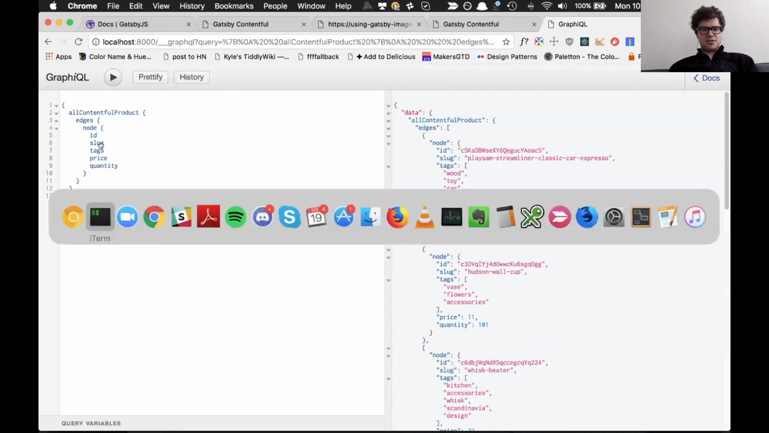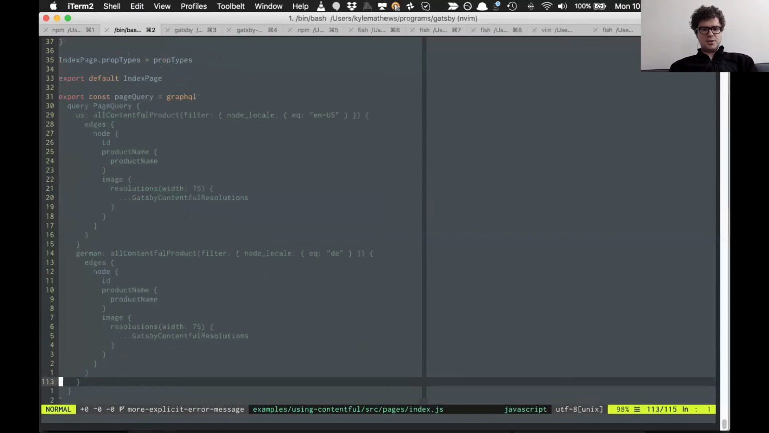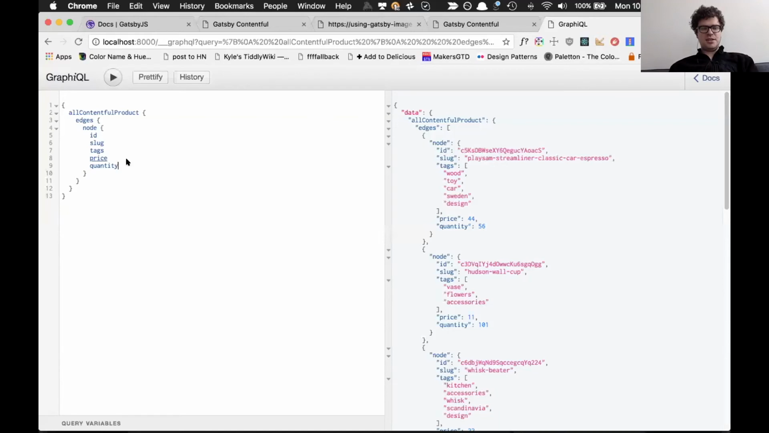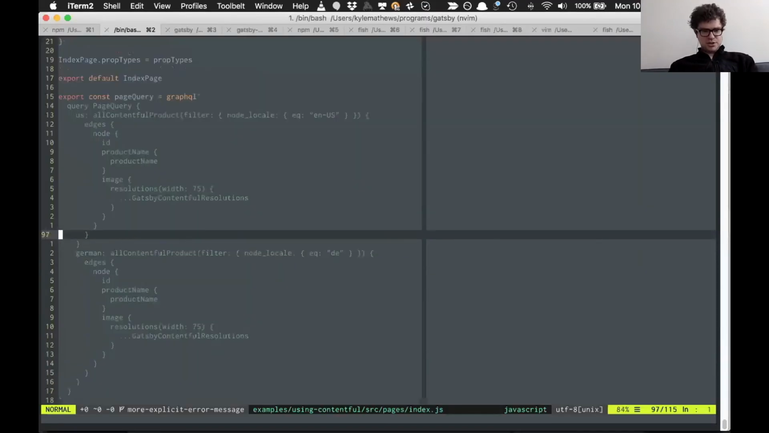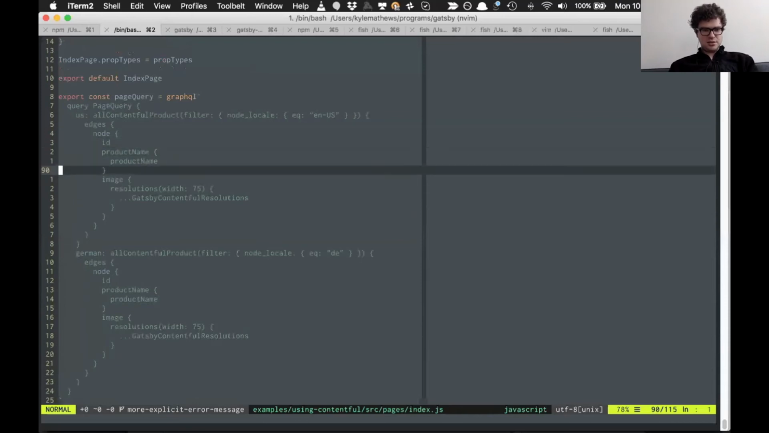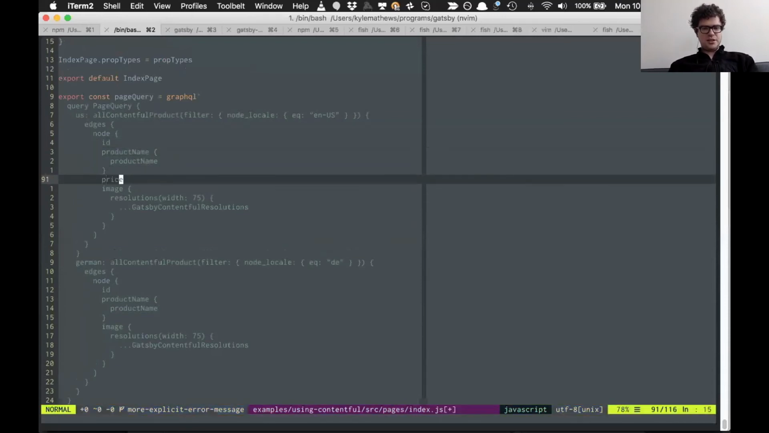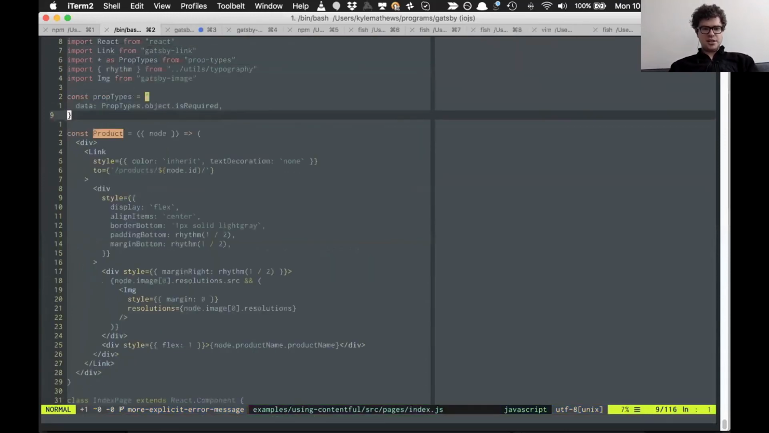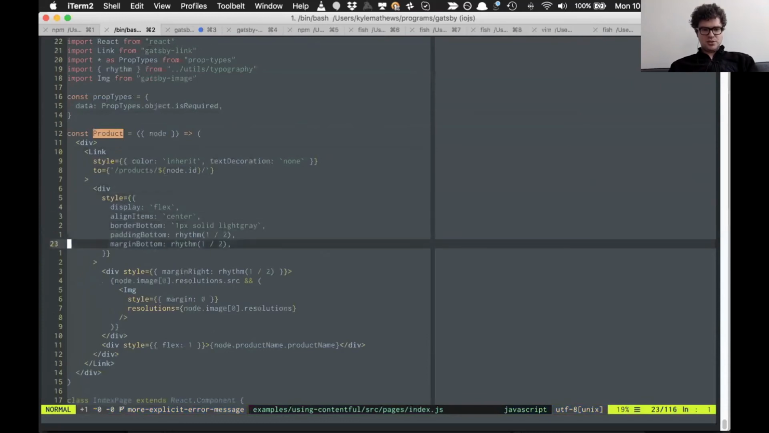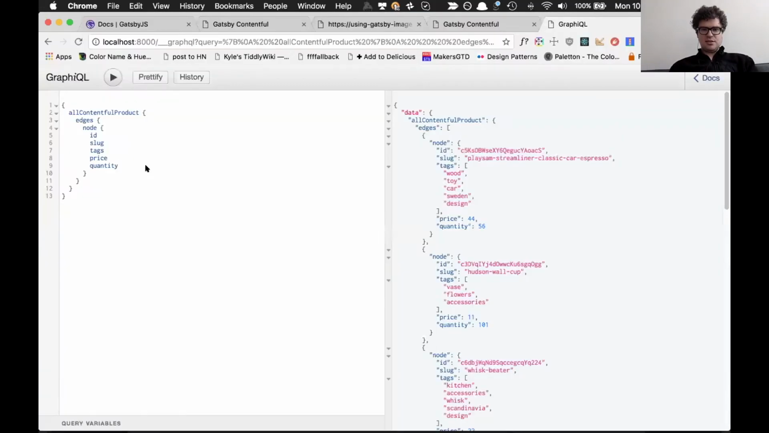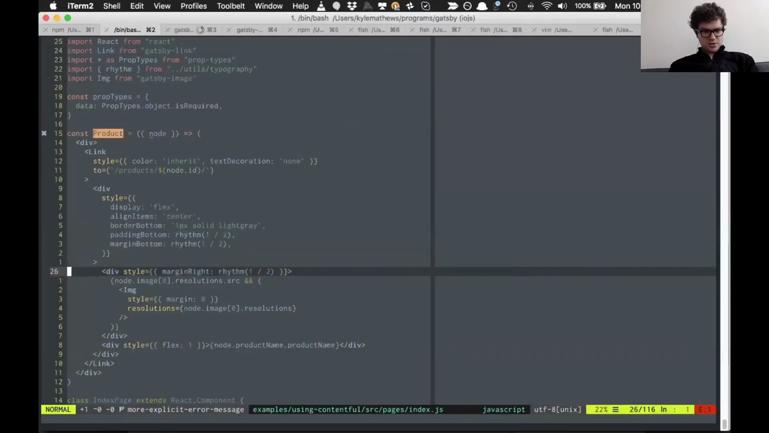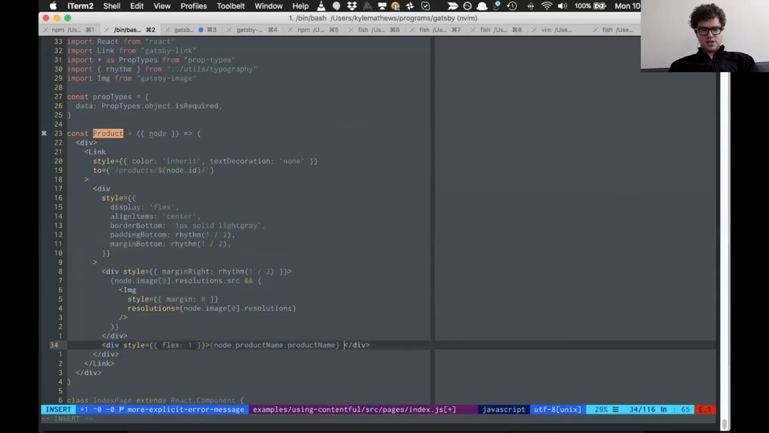So if we flip back here, down here we have the product name and then the image. But what if we wanted to list the price on the front page as well? What we could do is add price there, and we save that, and when we save a query, it gets rerun. And then here, we'll just add it at the end of the name. So we have the product name, and then we can just add here,